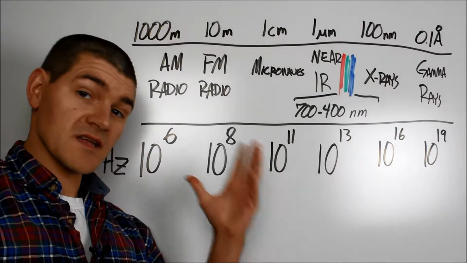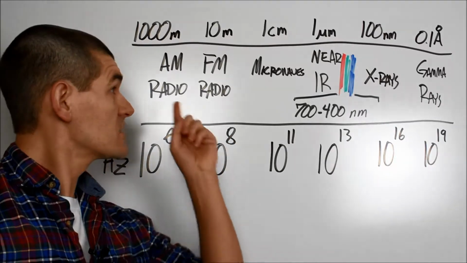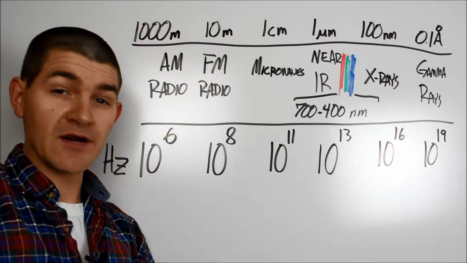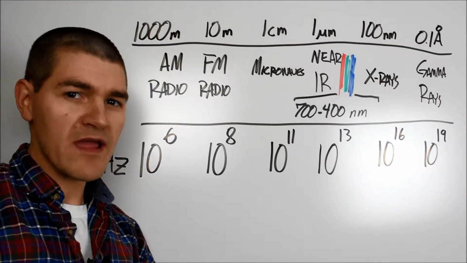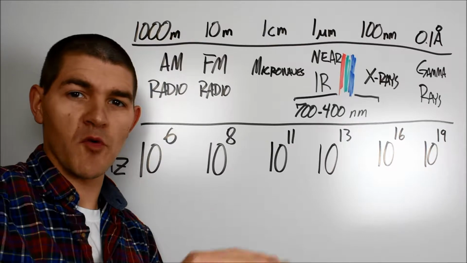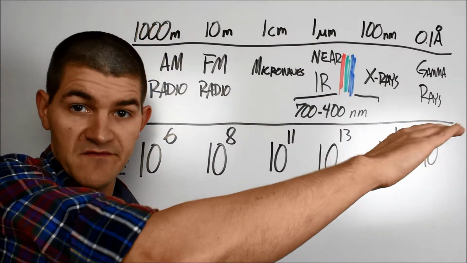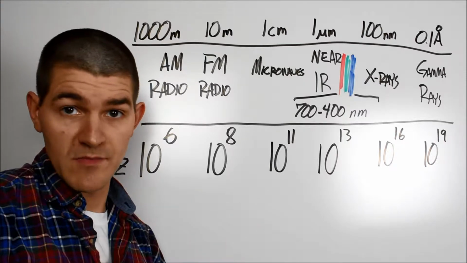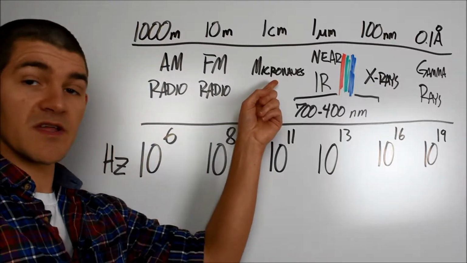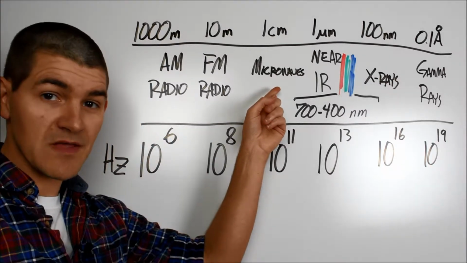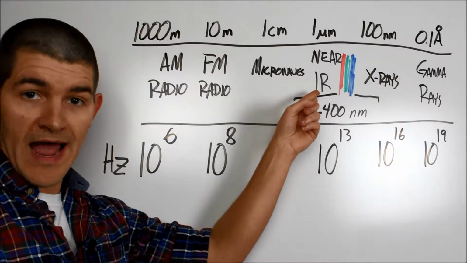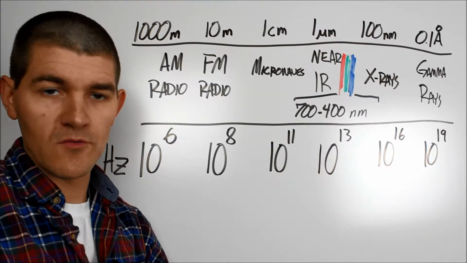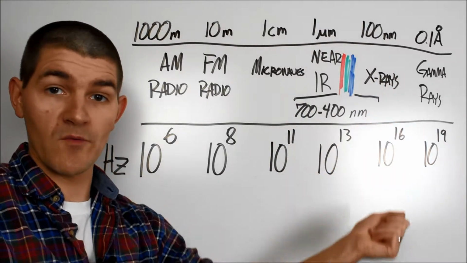I've thrown a number of things up here on the spectrum to act as benchmarks. We can see things like AM and FM radio waves have wavelengths on the single to tens to hundreds of meters scale. When I say wavelength, I'm talking about the distance between 2 points in a sinusoidal wave that have the same phase. So we're talking about peak to peak, trough to trough, or any point in the middle. As we continue down the spectrum, we get to microwaves, which have wavelengths on the centimeter scale, near infrared or IR waves at the micron scale, X-rays at 100 single nanometer range, and down to gamma rays at 0.1 angstroms